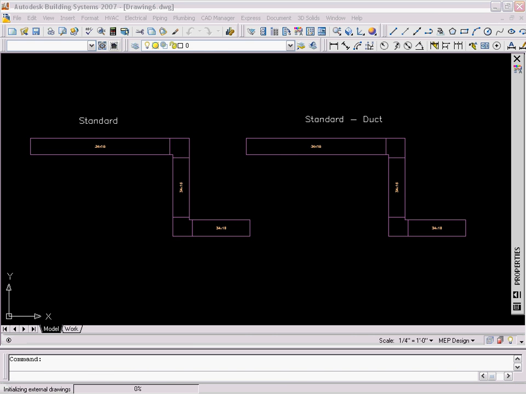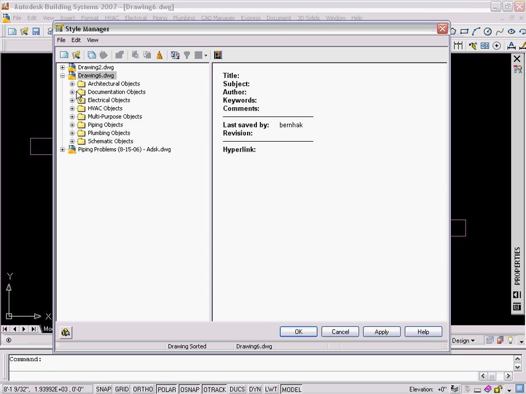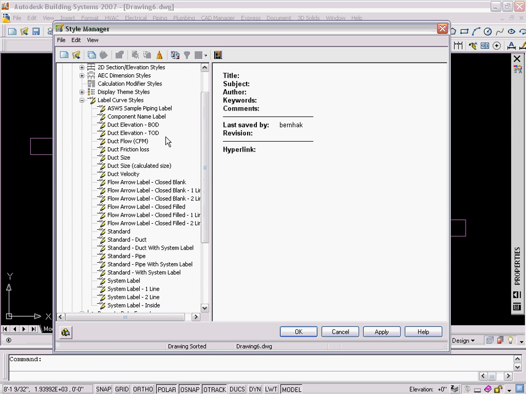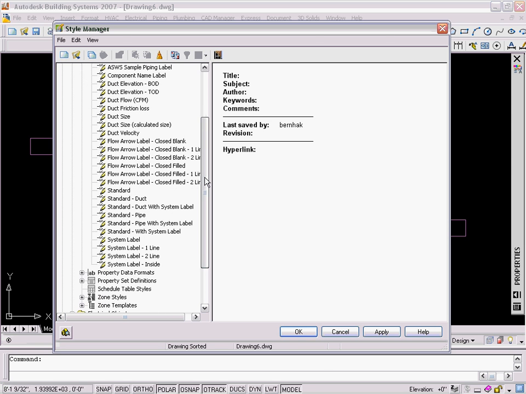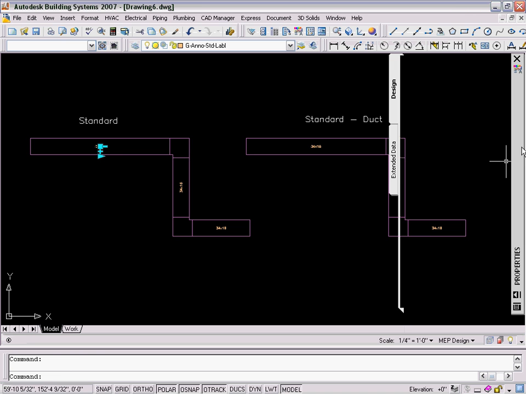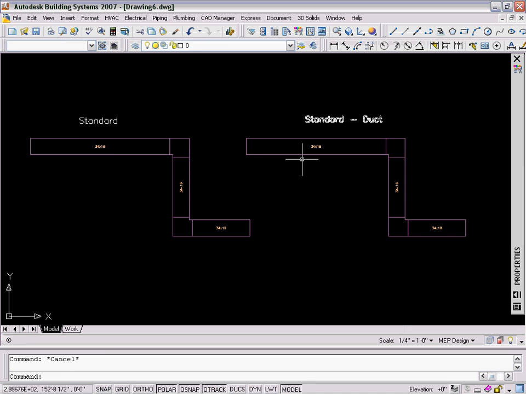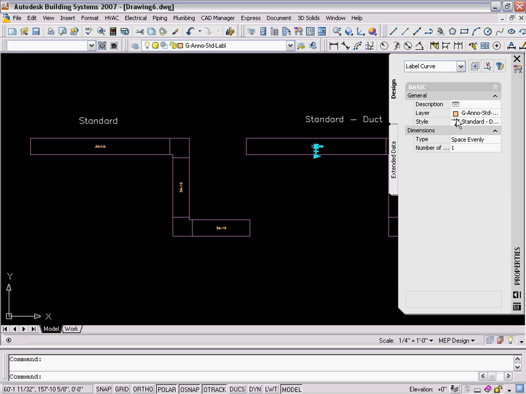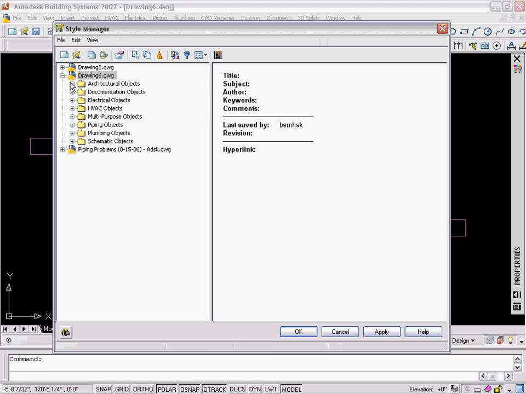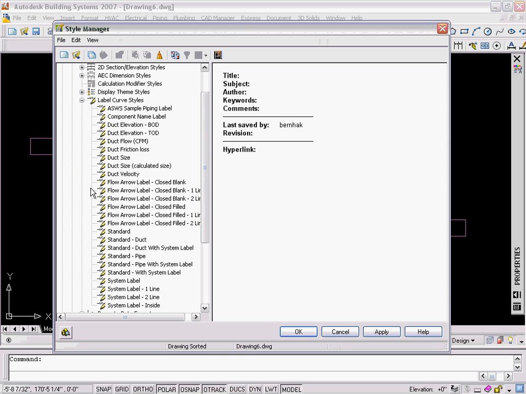If we go into our Style Manager and go to our label curve styles, because again these labels are technically called a label curve, we've used both standard and standard duct as you see here. So I labeled it here, but if we select the label, you'll see that this one is standard. If we select this one, you'll see that this is standard duct. So if I go back into my Style Manager and check out these label curve styles,